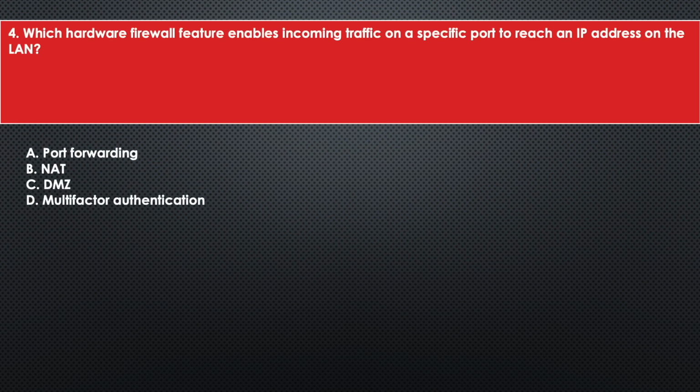4. Which hardware firewall feature enables incoming traffic on a specific port to reach an IP address on the LAN? A. Port forwarding. B. NAT. C. DMZ. D. Multi-factor authentication. Answers. A. To open a port on your hardware firewall and send incoming traffic to a specific PC, use port